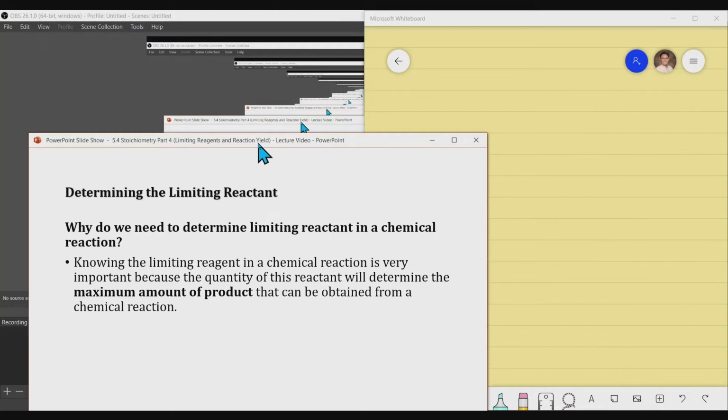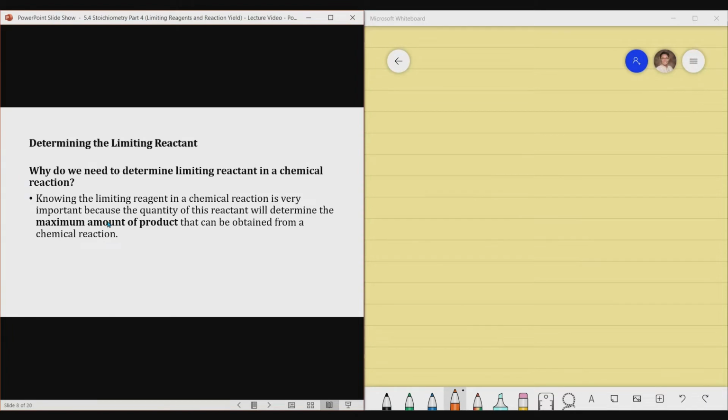Now, this is a question. Determining the limiting reactant. Why is there a reason for us to determine a limiting reactant in a chemical reaction? Knowing the limiting reagent or the amount of a limiting reagent in a chemical reaction is very important because the quantity of this reactant will determine the maximum amount of product that can be obtained from a